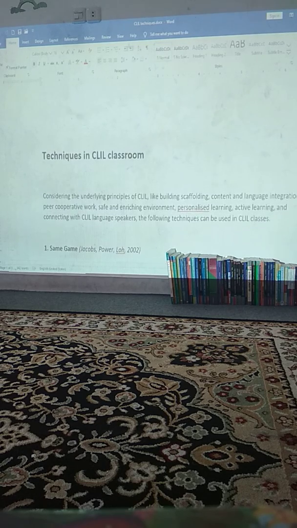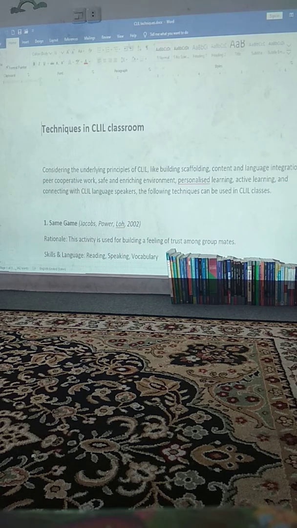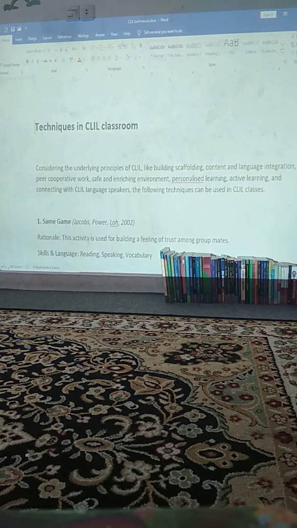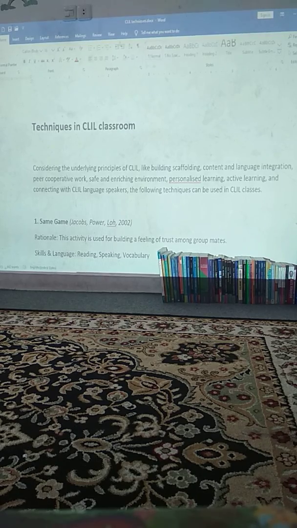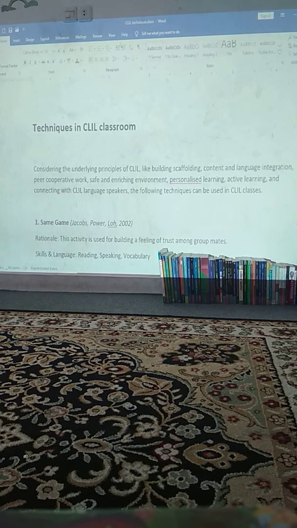So everyone, this is the part I have to present: techniques in CLIL classroom. When we are talking about CLIL, then we talk about the integration of content and language. As we know, scaffolding exists in every classroom, even in content or language classroom in public schools. It should exist there. And more into CLIL, active learning is the core approach, and therefore it aims to provide